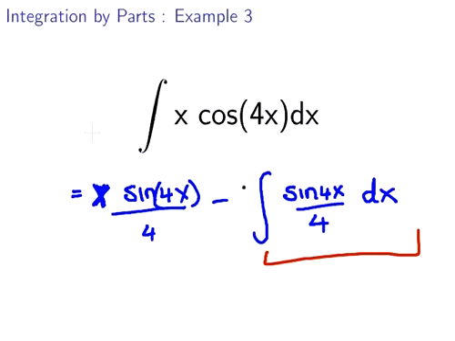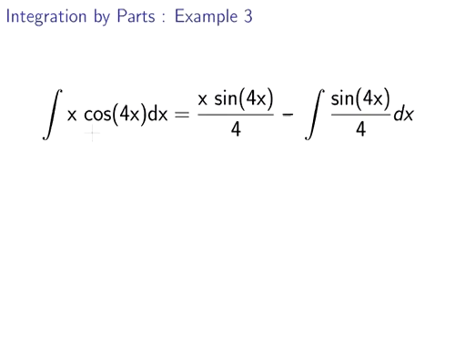Just to make life simple, we are going to take out the divide by 4. We're going to just take that out of the integral. So what we have to do is determine the integral of sine 4x dx. That is equal to, just bear with me, that is equal to